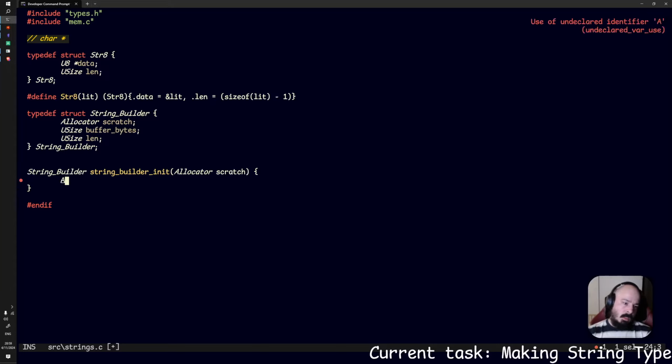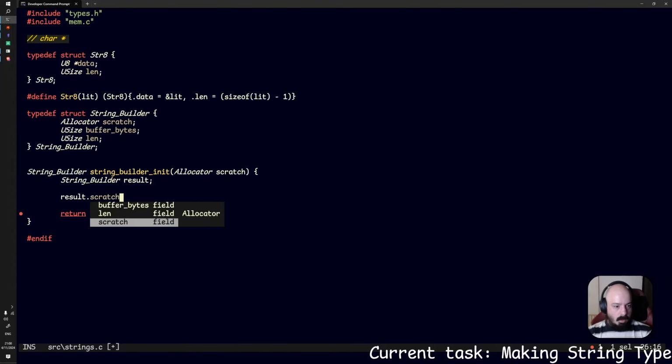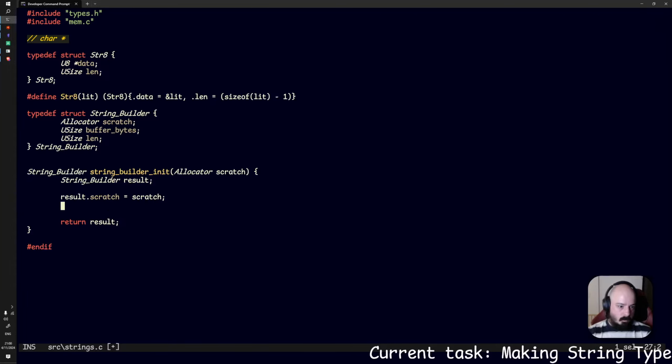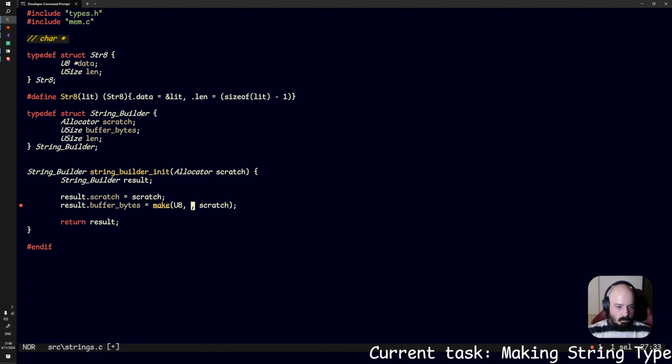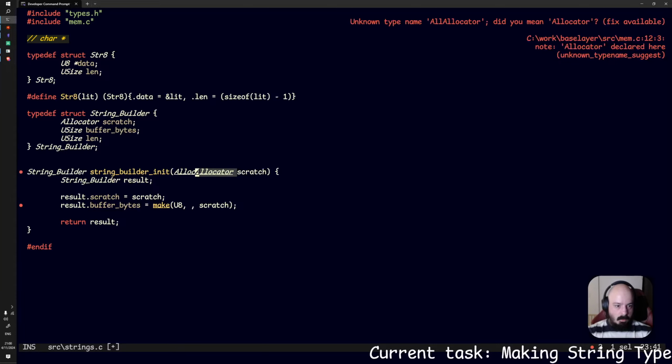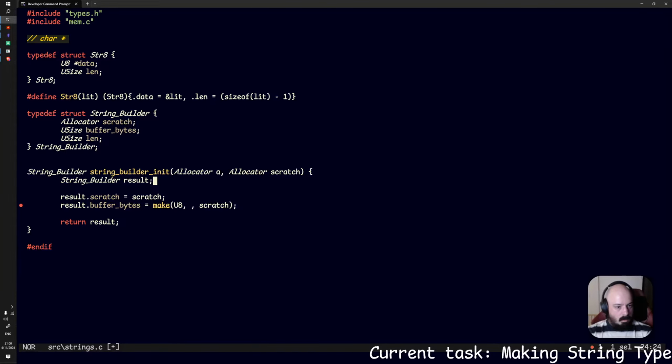Alright, so we're gonna make an allocator, not allocator, string builder. It's gonna be the result. And what are we gonna do? We're gonna add the scratch allocator. Buffer bytes. So we need to allocate some space here. We're probably gonna use the scratch allocator that we just sent in, but maybe we don't need to use the scratch allocator. I mean, maybe we can actually build the string as we call functions onto it. So if we pass in another allocator here,